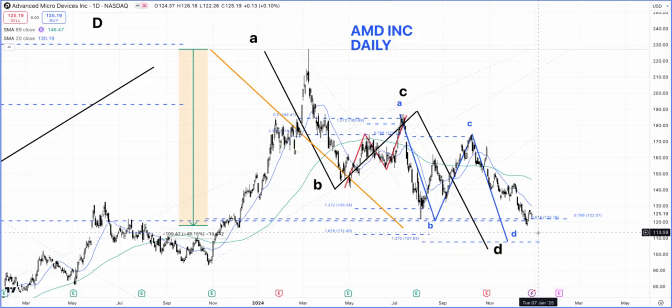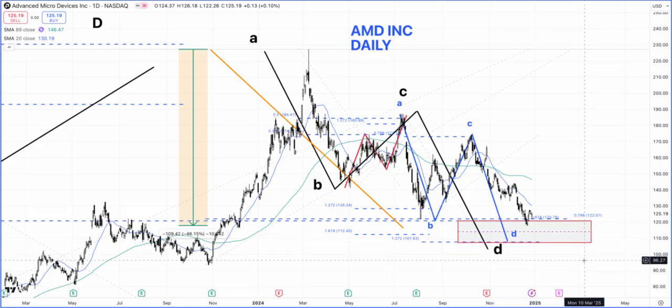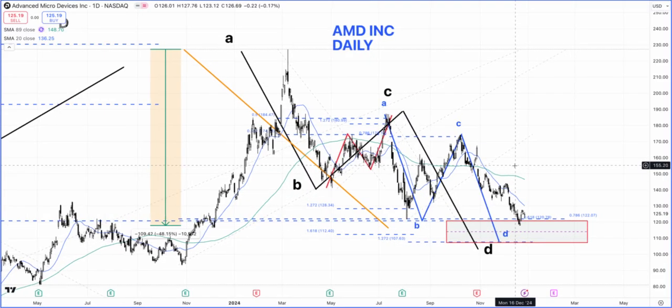Maybe move a little bit lower and find support from this zone. Let me actually try to highlight it. It remains to be seen, but the ideal thing will be to keep on watching the stock, keep on watching the momentum indicator, something really simple, as if the price begins to close above the 20-day moving average, which